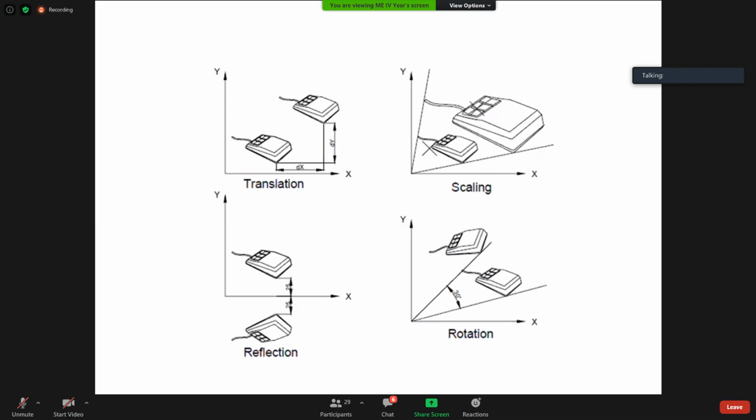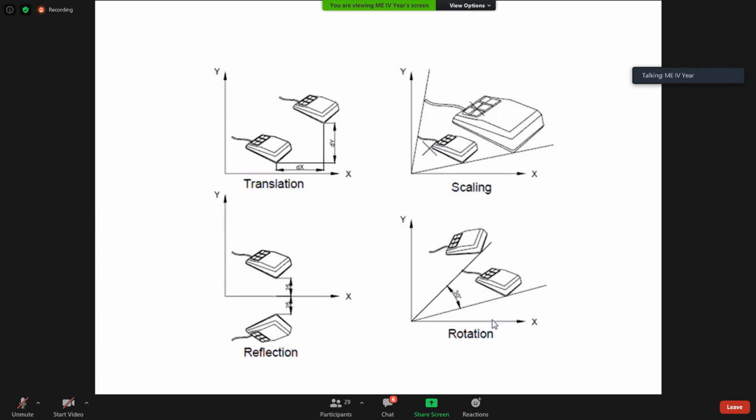Now coming to rotation. There are only two types: clockwise rotation and anti-clockwise rotation. Generally, when you measure the angle, observe the screen. In what direction am I doing rotation? Anti-clockwise.